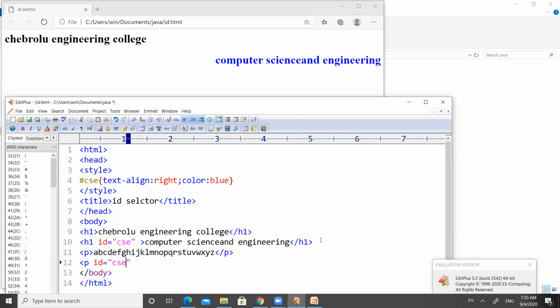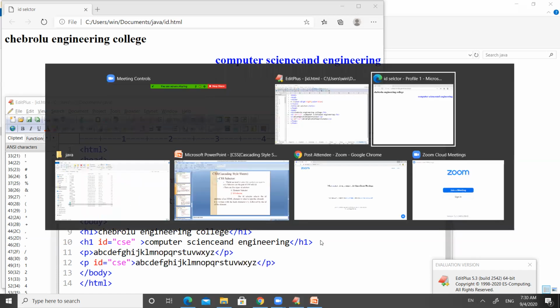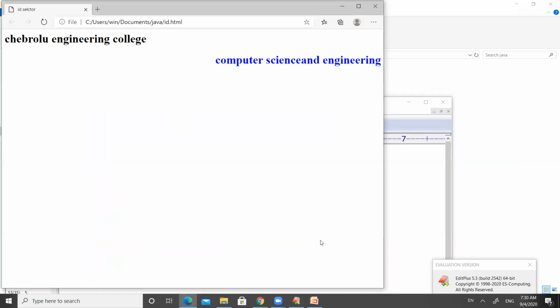And again, I am going to use the same paragraph tag, but inside it I am going to use ID equal to CSC, and then close this paragraph tag. So if you observe the change, let us save this code and refresh.